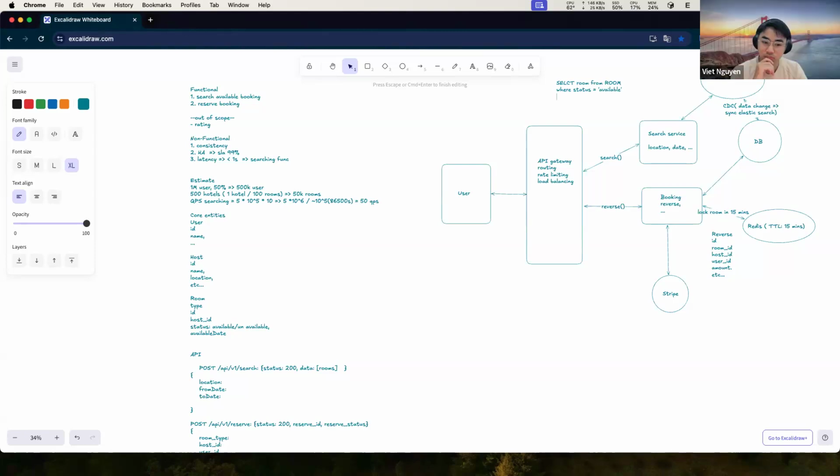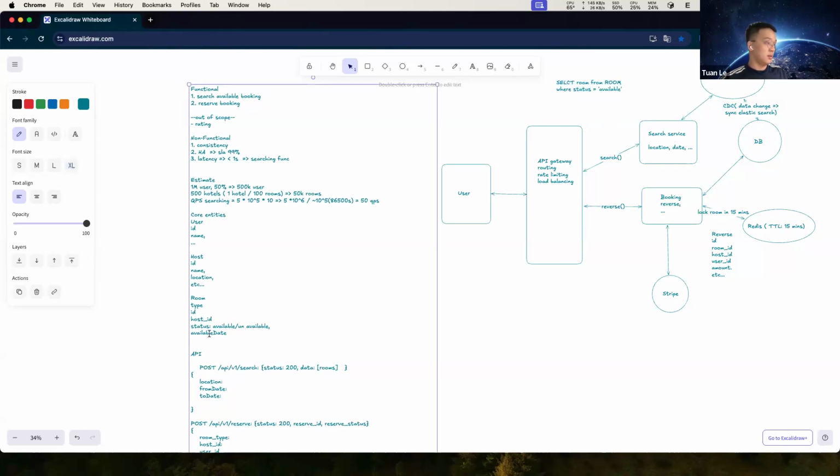So can we support what the API says? We have two parameters, the from date and to date. So how do you handle that? If the request has the from date and to date, we will change the condition here on the available date, right?